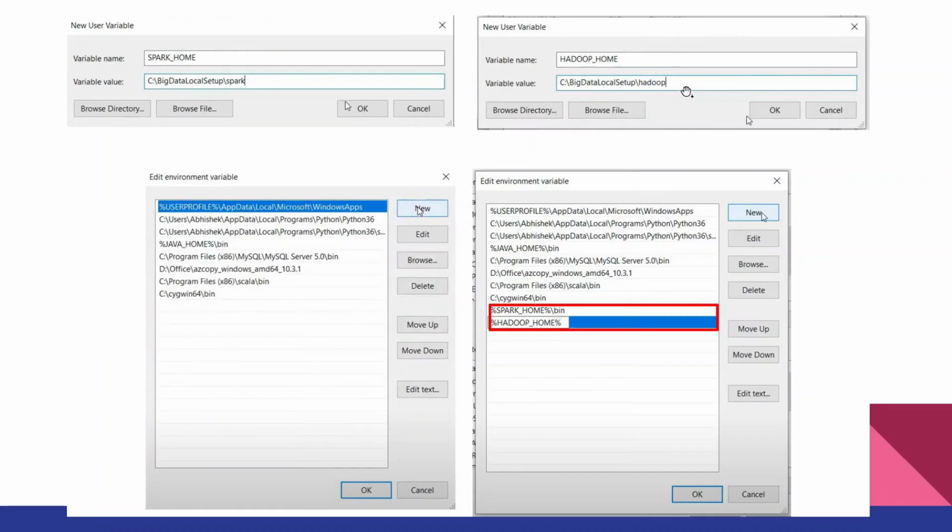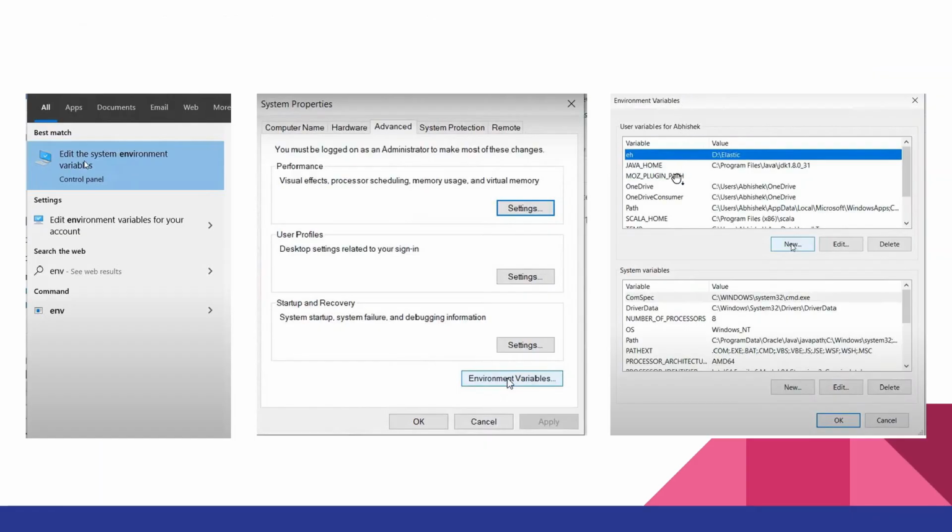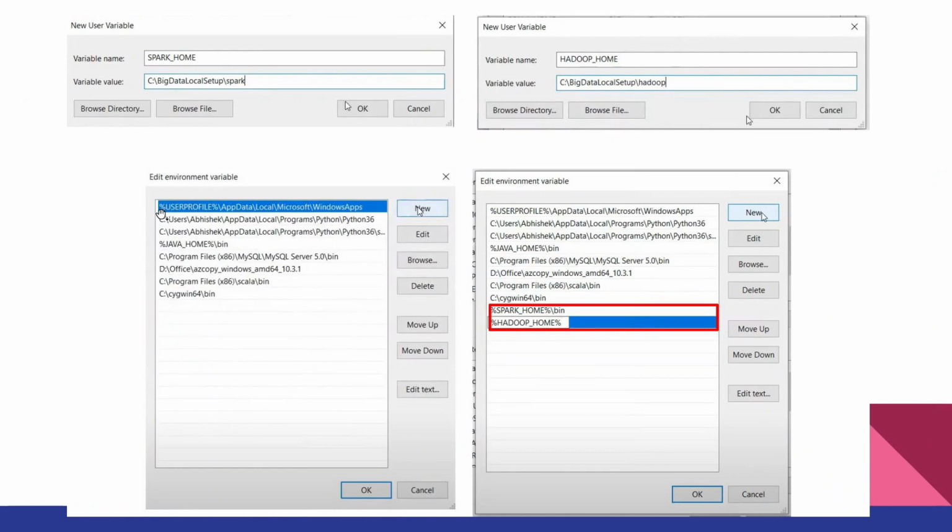pasted the .exe file. After that, when we click on path, which is over here, this is going to be our new. Over here we will be creating the new values, that's %spark_home%/bin, and same for Hadoop. If done correctly, all of this would lead to